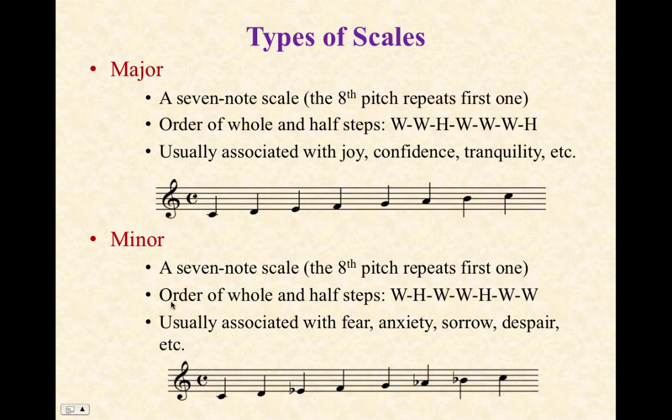So let's take a little bit closer look at how we would build our own major scale. On the piano, the easiest one begins on the C and climbs like a ladder up to the next C. And because of the arrangement of half steps and whole steps on the piano, we don't have to play any of the black keys, just the white keys.